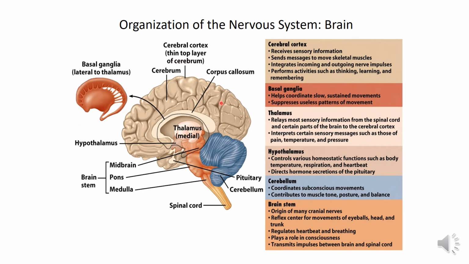We saw this slide previously and we discussed the different areas of the brain and how they work to produce voluntary movement, as we discussed the role of the basal ganglia and cerebellum with the motor area, the role of the hypothalamus in the regulation of homeostasis, the role of the thalamus as a relay station, and the brainstem and its role in the regulation of arterial blood pressure, respiration, salivation, and the reflexes produced by the eye muscles.